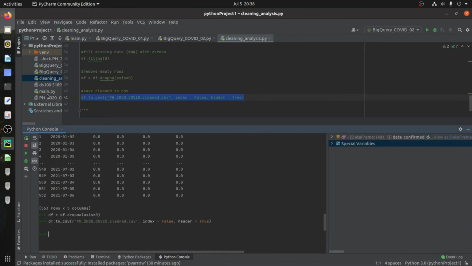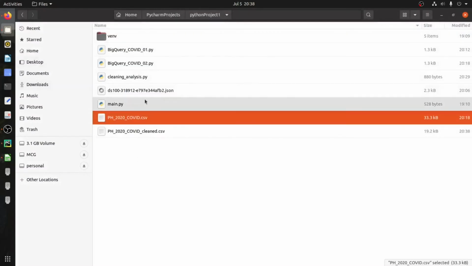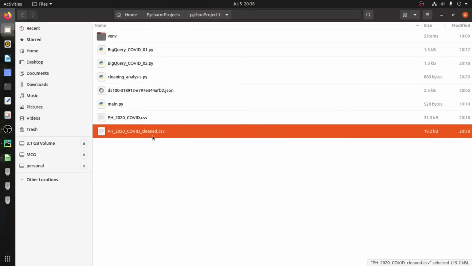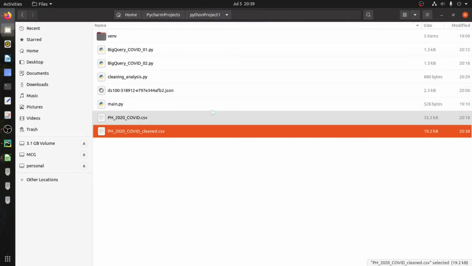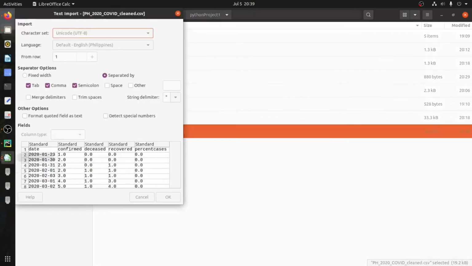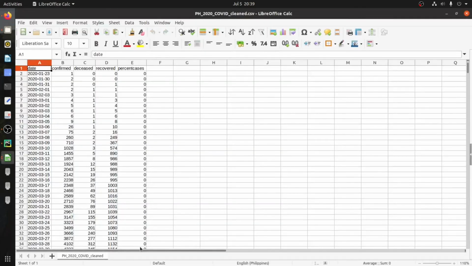So saving it. So we now have our new cleaned, where is cleaned? Cleaning analysis CSV file. So the 2020 COVID cleaned. Where is that file? Here is the 2020 COVID clean. So let's open this. Okay. So as you can see, we no longer have the dropped columns, the Philippines, and of course the population, just